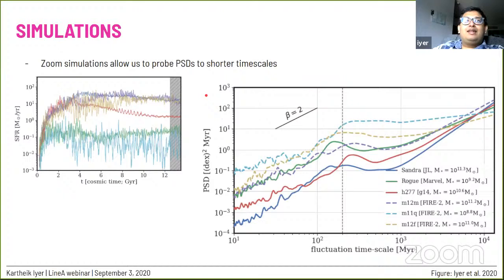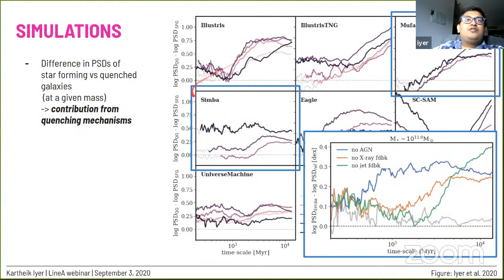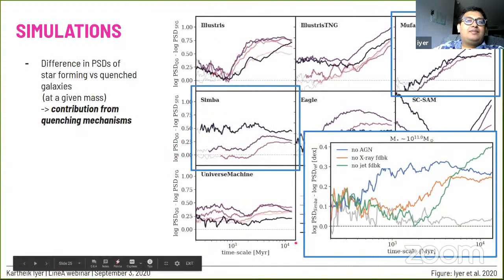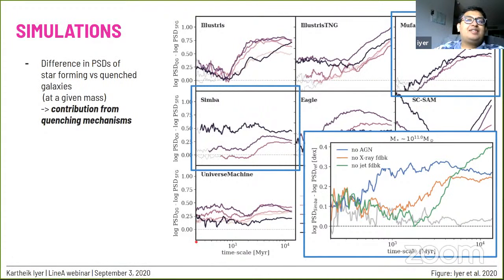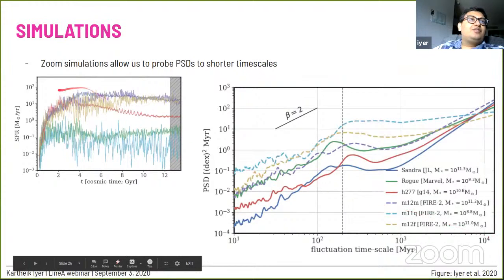Finally, we can also learn more from zoom simulations, which have exquisite resolution, but for a very small number of galaxies. So we are trading statistical samples of galaxies for the benefit of being able to analyze individual galaxies down to much shorter timescales. In all the plots that I have been showing so far, the timescales go from slightly under the age of the universe to about 200 million years for the shortest timescales we probe. And in this curve for the zoom simulations, you can see the same range of timescales, with it ending here at 200 million years.